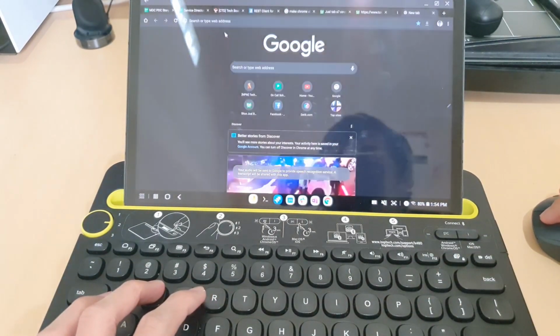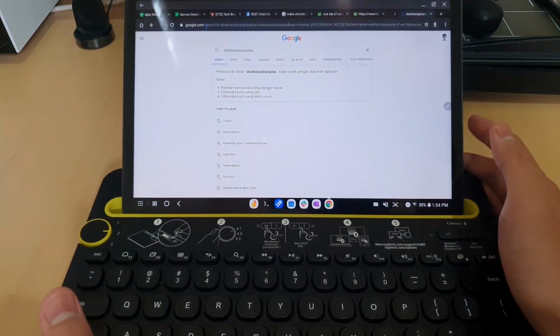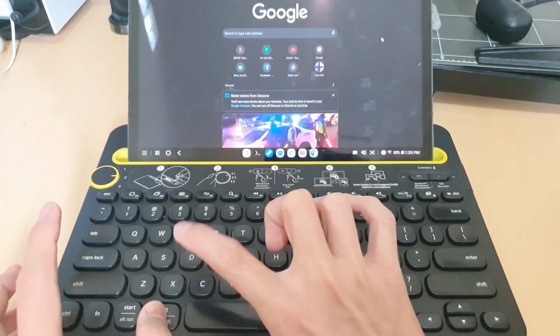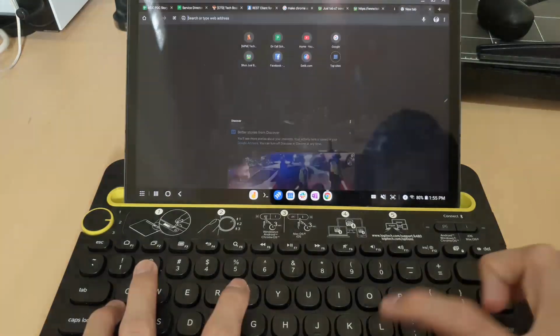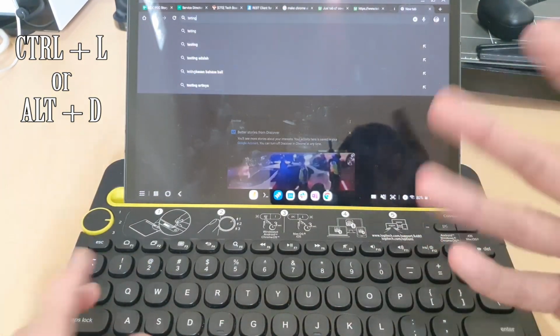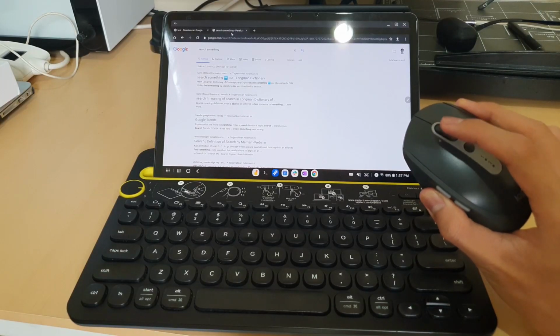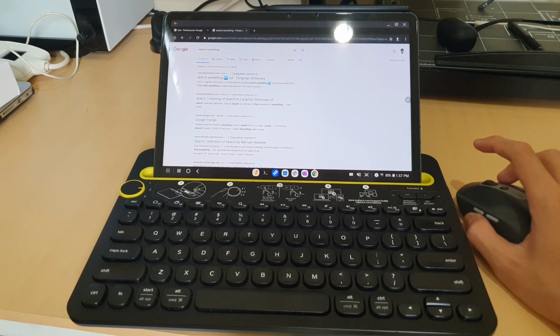Usually on a Windows PC or MacBook, whenever I open a tab, I can immediately search or type anything in the address bar. So I need some adaptation on this, since my muscle memory always taught me to type after opening a new tab. For this, I use Ctrl L to move the cursor to the address bar. At least I don't need to use the mouse or touchpad too much. Also, mouse middle click is not working, so I cannot open a new tab or close a tab using middle click. Other than that, it is pretty much the same as Windows.